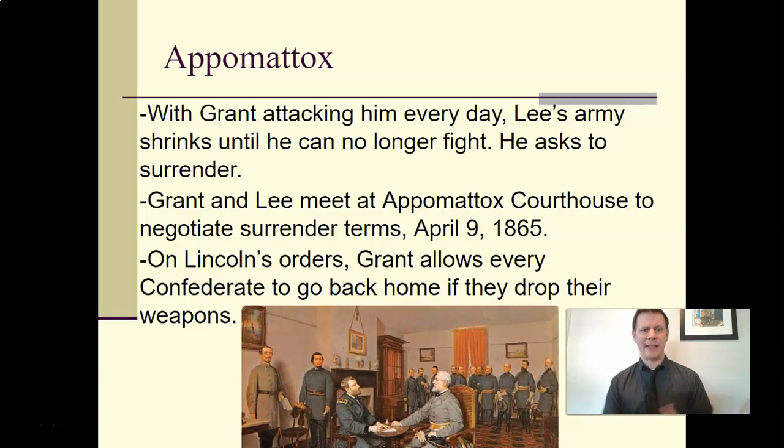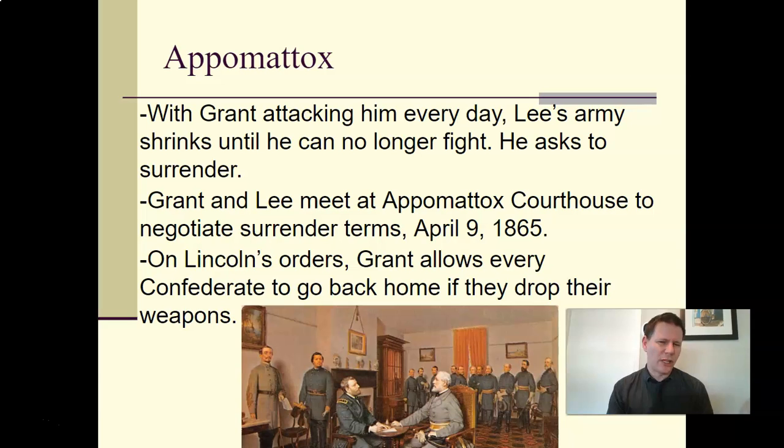Lee came, I think, in his best uniform, nice and clean and pressed and ready to go. He came early, or he came on time, and we think of Lee as kind of a Southern gentleman, very appropriate and kind of old school. Grant was a little late. He had some duties to do before. His uniform was dirty and muddy because he just wanted to get there quickly. So kind of compare and contrast these two different generals.